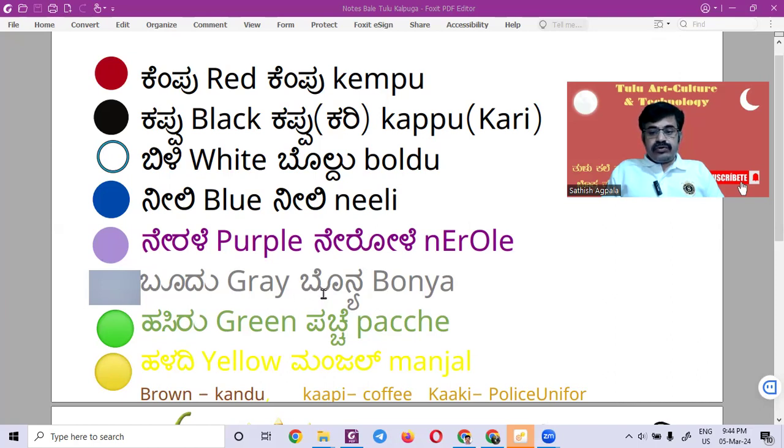In Tulu, bonya means ash. After burning the wood, all that, no? That ash color.